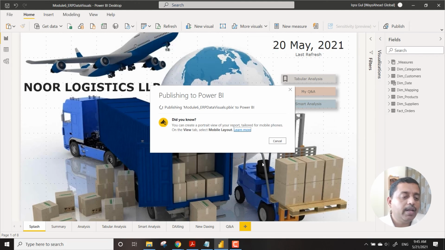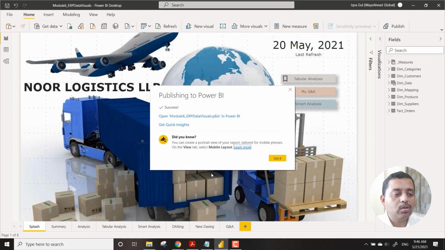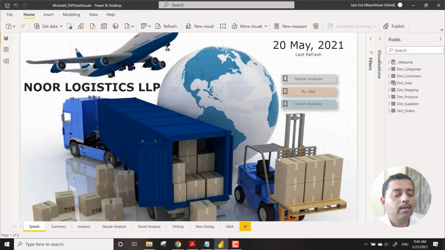Now if you have data which has many things in one place and you want the entire report to be pinned as a dashboard, that is also possible. We are going to see that particular feature through our demo. Let's have a quick look at it. We have added more visuals, so it might take some time to publish. Once it is published, it will say that it has replaced the other components also, and that it is done.